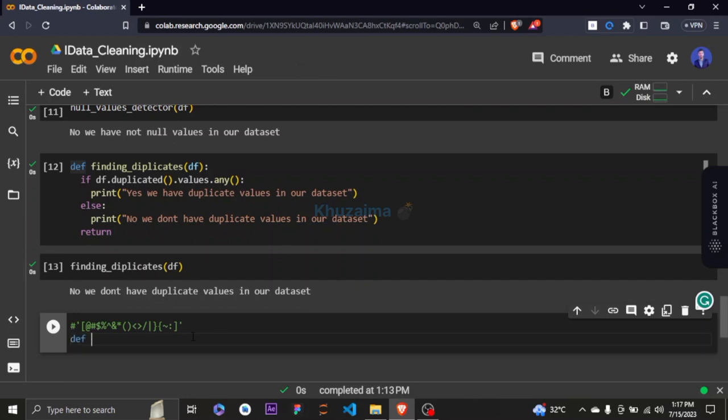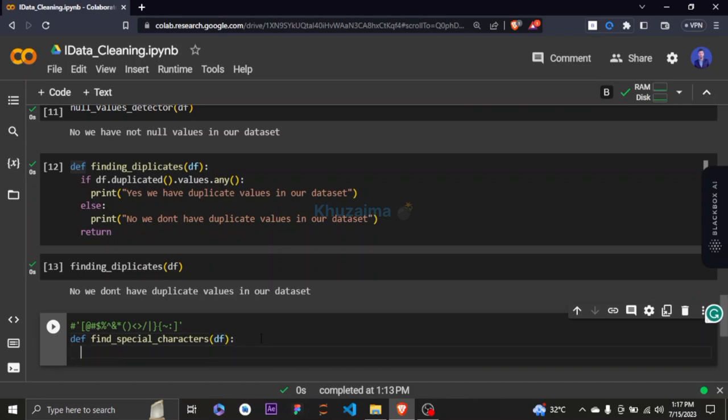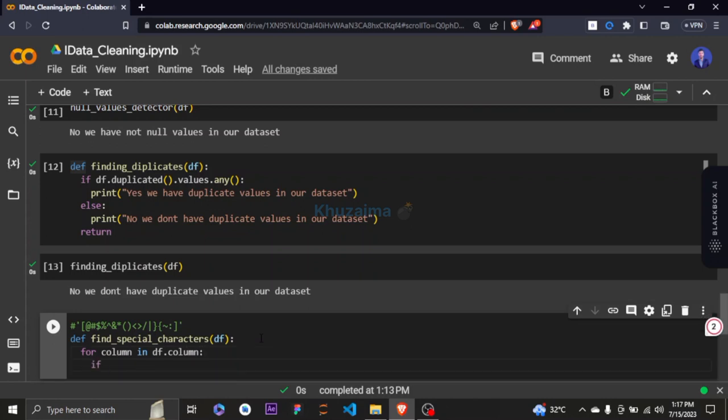So let's create a function for that. We are creating a function, def find special characters. Okay, so let's just simply pass a parameter for that. Here we are going to use a loop: for column in data frame columns. In the columns of the data frame, we just have to create a condition: if data frame of column,